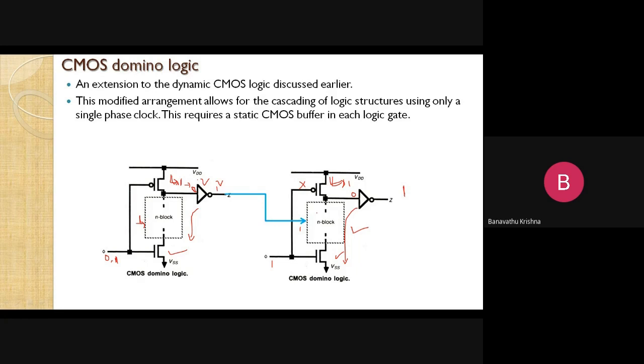So what are the problems we faced in the previous techniques? The leakage problem, the cascading problem and the ratio problem. These are overcome by the improved version, going from ratio logic to dynamic CMOS logic. There we also have two problems, the charge sharing problem and the cascading problem. To overcome those two problems, we go with domino logic. So the charge sharing problem, the leakage problem and the cascading problem are overcome by using this case.